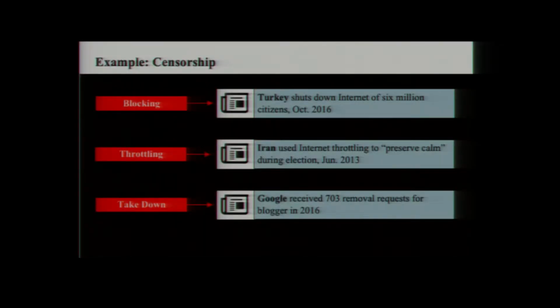One common example of network interference is censorship. That means several things. For example, it can mean blocking, and in extreme cases, internet shutdowns, where the government just unplugs the internet for their citizens. Or it can mean throttling, where the ISPs decrease the internet speed so as to discourage their users from accessing information. It can also mean takedowns, where a censor demands a provider to remove information. Social media, Twitter, Facebook, and Google deal with these sorts of takedown requests from governments all the time.